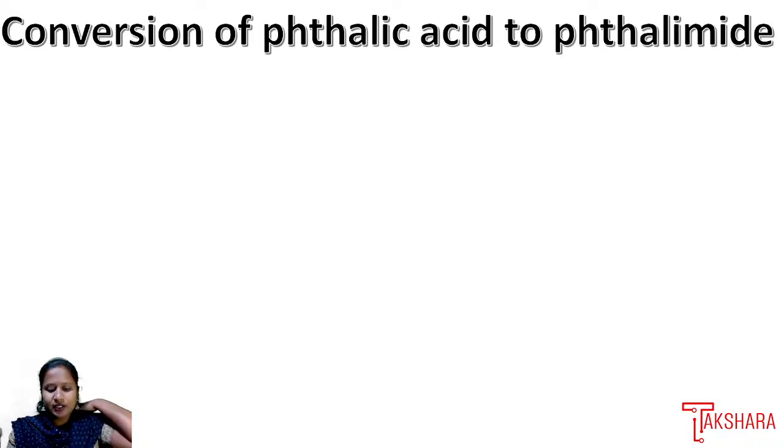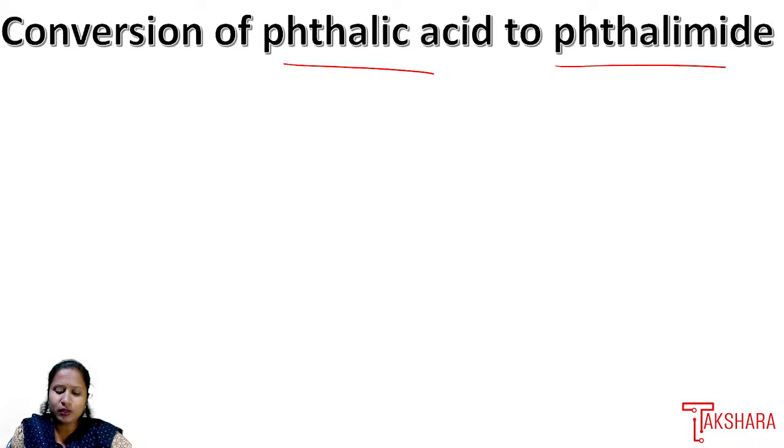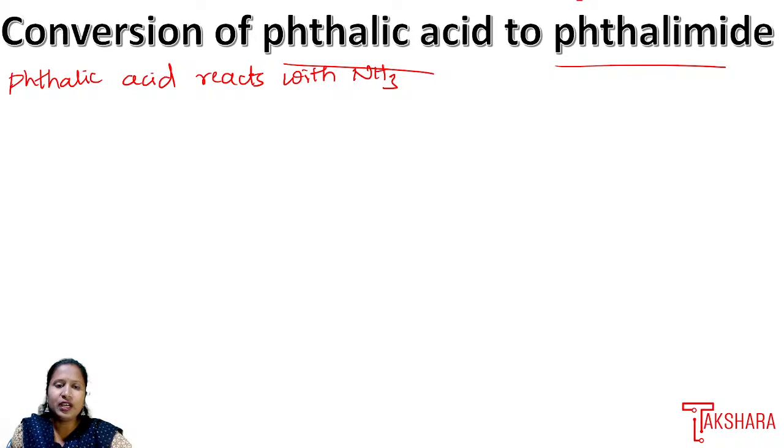Conversion of phthalic acid to phthalimide, which is important for the exam. Conversion of phthalic acid into phthalimide we have to do. So when phthalic acid is converted to phthalimide, by the action of what? Ammonia. So that is when phthalic acid reacts with NH3, ammonia. Phthalic acid reacts with NH3 to form